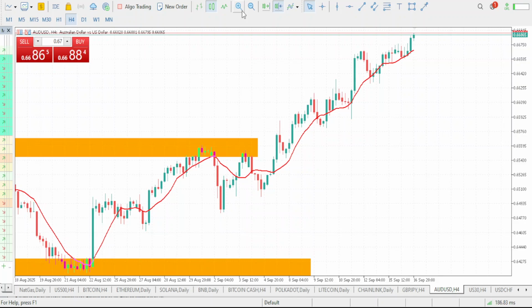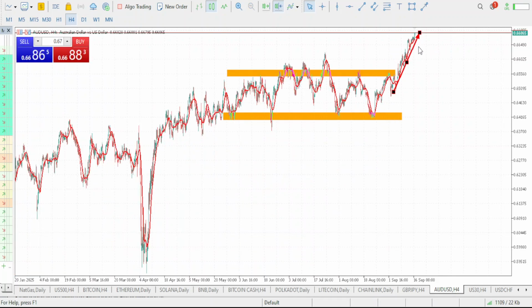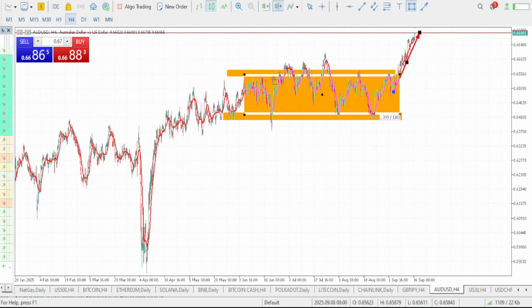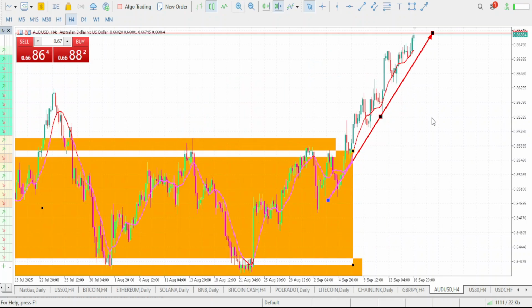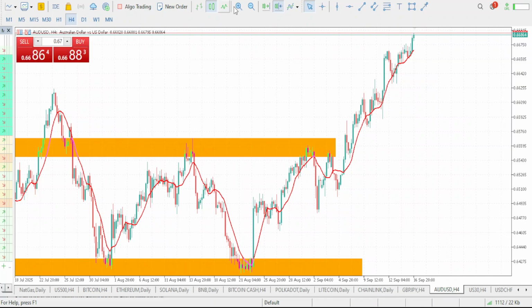So let's see what we'll be expecting on AUD USD. You can see our trend is literally on an uptrend move. Market has been giving us a bullish move. Previously, it was ranging within this level here. Markets will come to tap our support, then eventually roll up to tap our resistance, then drop to tap our support. But markets eventually broke out of this resistance level, and we have been having that movement to the upside